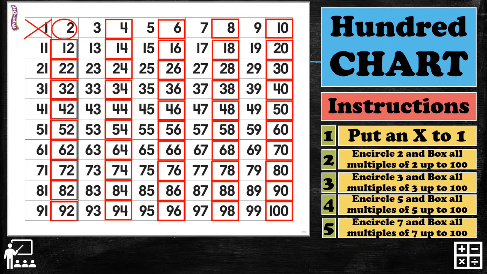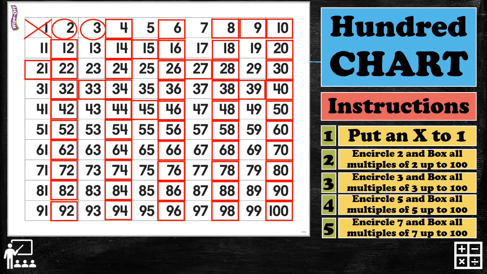Step 3, encircle 3 and box all multiples of 3 up to 100. So first, encircle 3 and find out what the multiples of 3 are. So 3, next to that is 6, but 6 has already been boxed, so we don't need to box it again. Just proceed to 9, 12, 15, 18 has already been boxed, 21, 24, 27, 30, 33, 36, 39,